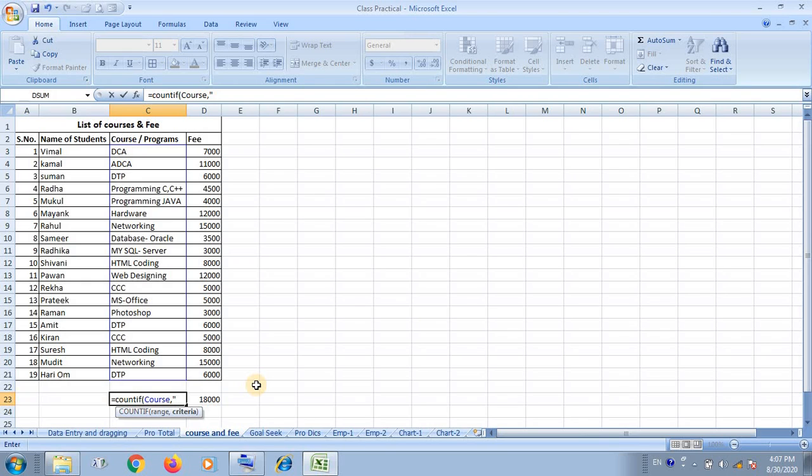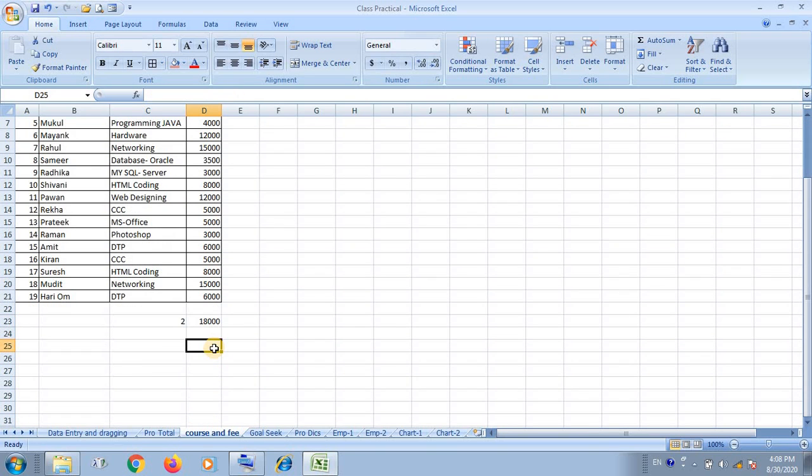Like I want to see CCC, how many students joined the CCC course, then it will display only 2 students joined the CCC course. Okay, in this way we can do the calculation and we can count also.